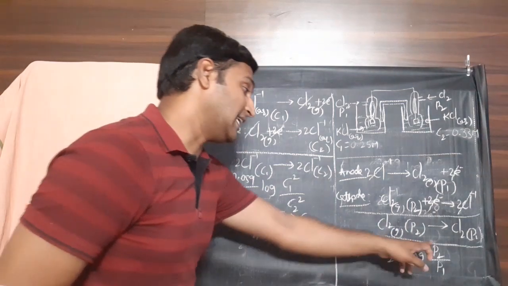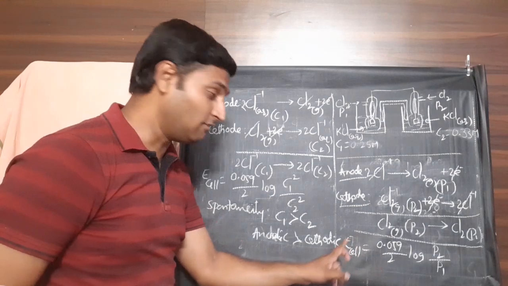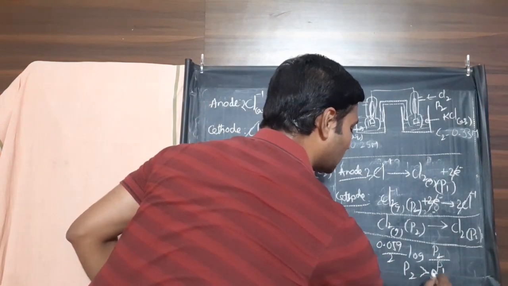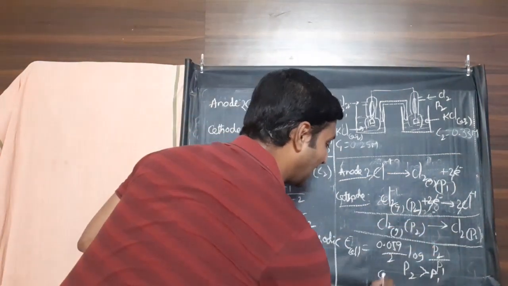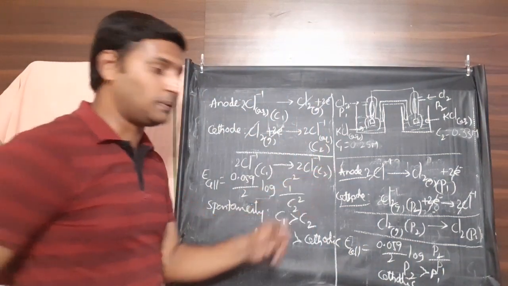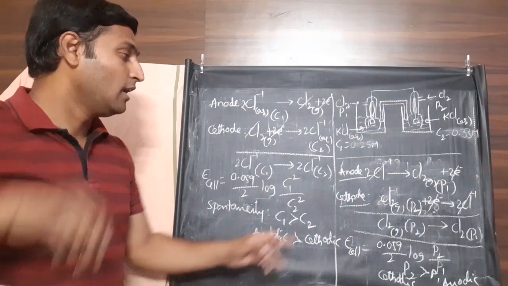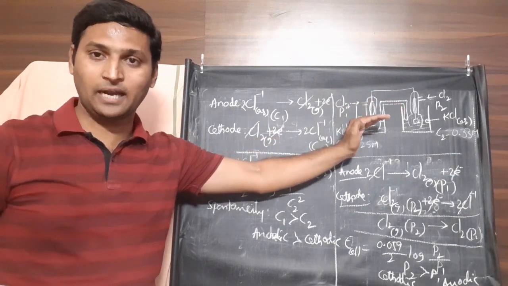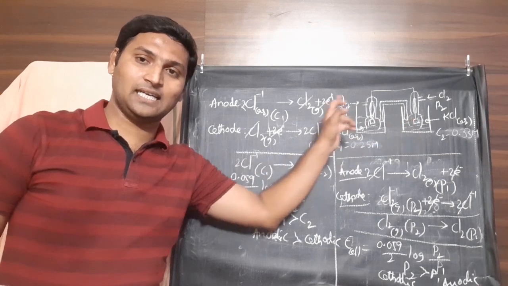Now, for this cell reaction to be spontaneous, E cell has to be positive, and according to this equation, for E cell to be positive, P2 should be larger than P1. Now, whose partial pressure did we assume as P2? Cathodic pressure. Whose partial pressure did we assume as P1? Anodic partial pressure. Now, that's why when the chlorine electrode is used to prepare a concentration cell with constant concentration